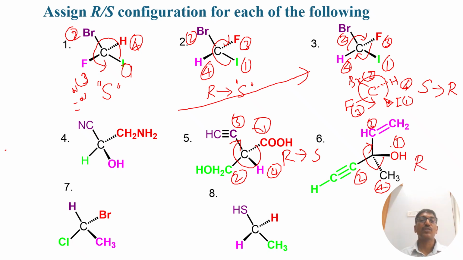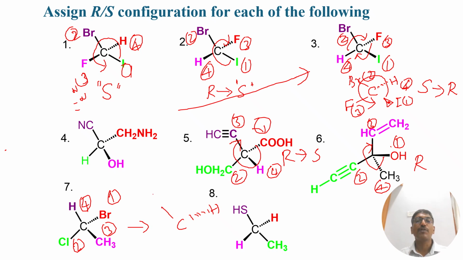And in this case, the seventh one, the bromine gets first priority. Second is the chlorine. Third is the methyl. And fourth is the hydrogen. But if you carefully look into that, hydrogen is kept on the plane. It falls in the third category of the molecule. Hence, we just need to swap two groups where you bring the hydrogen to the bromine place because we need